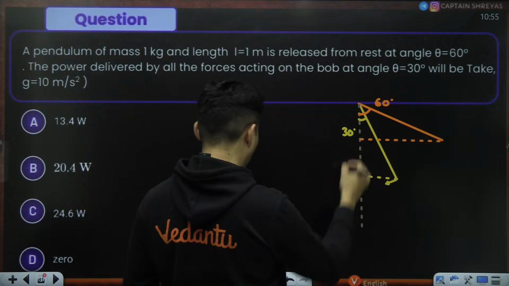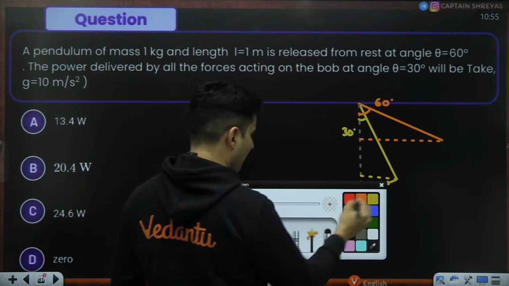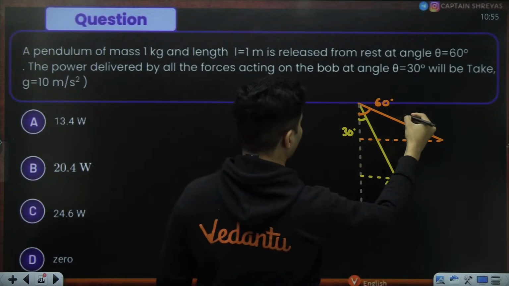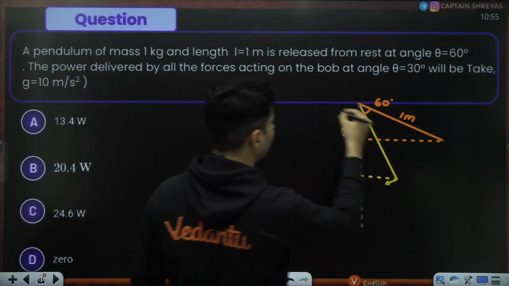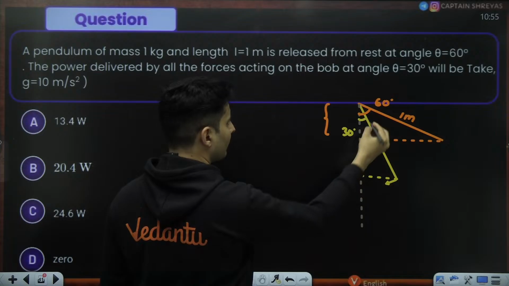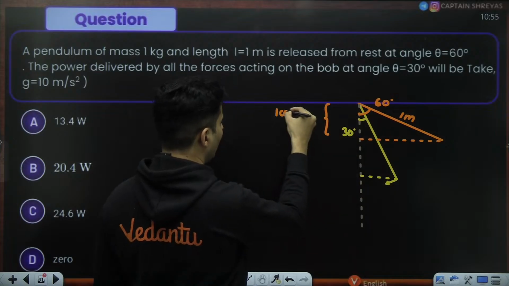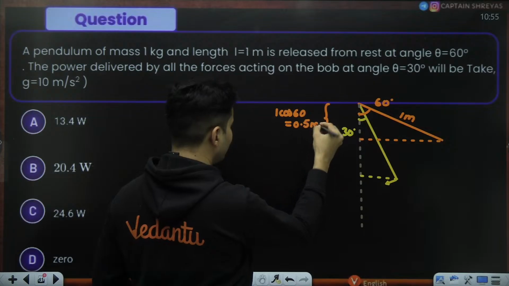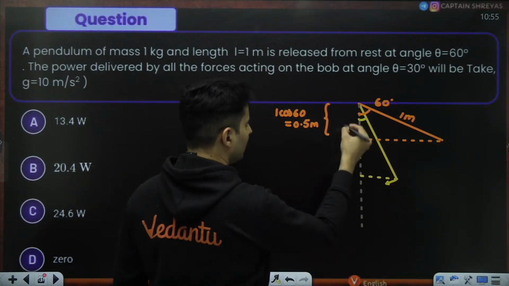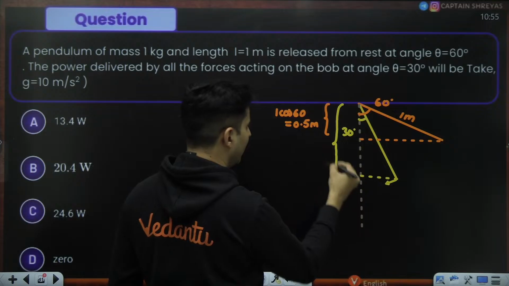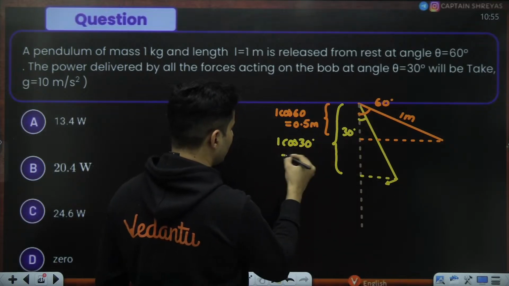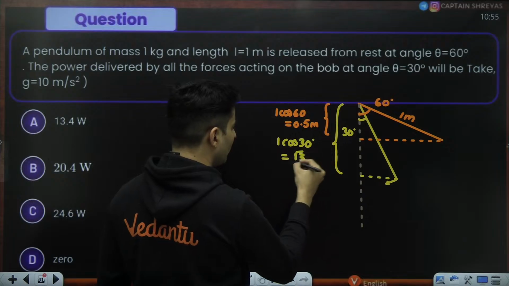So clearly there is some height by which it has come down. If the pendulum length is given to be how much? 1 meter. If this is 1 meter, then this much height will be 1 cos 60, which is nothing but 0.5 meter. And this whole height will be 1 cos 30. Cos 30 is root 3 by 2. So it will be root 3 by 2